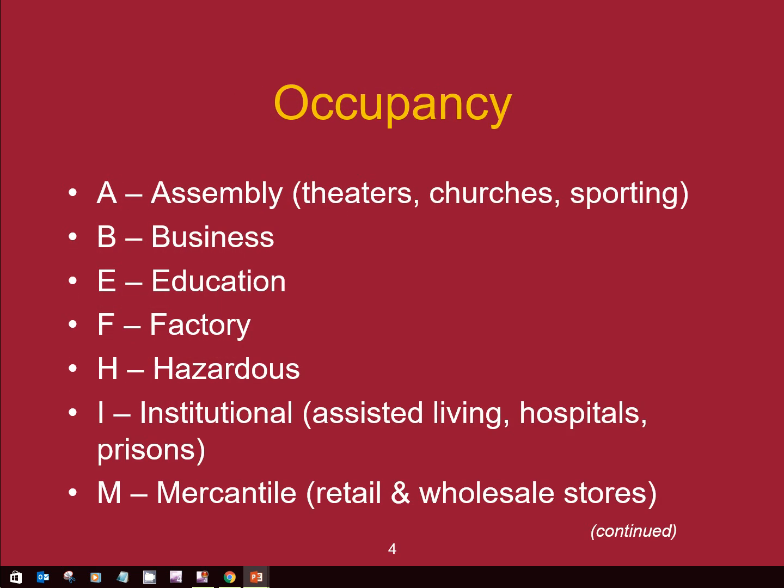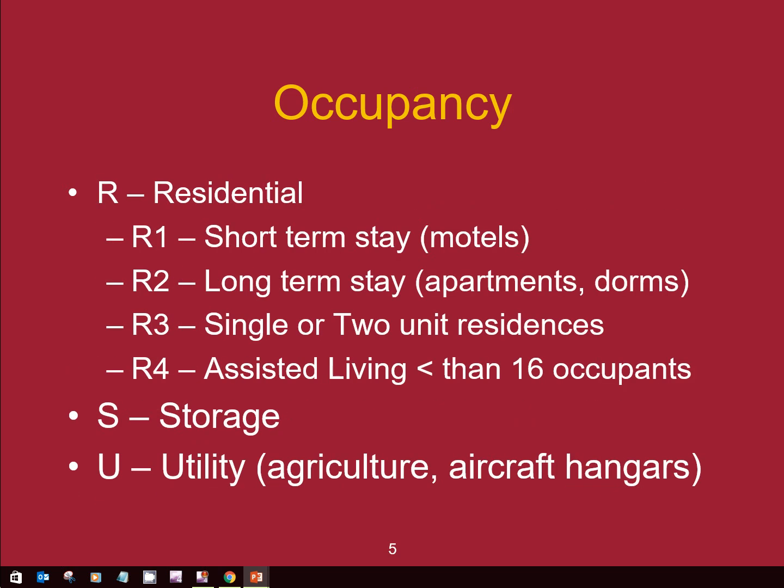Buildings are classified two different ways. One on their occupancy, what is the intended use of the building? Okay, and it has the A, B, E, F, H, I, stuff like that. And then residential, you've got R1, R2, R3, and R4. Okay,